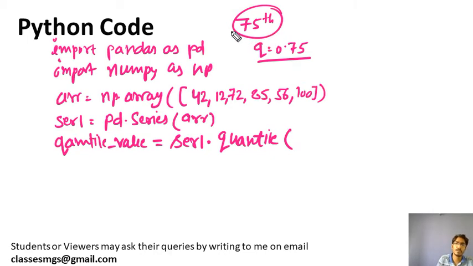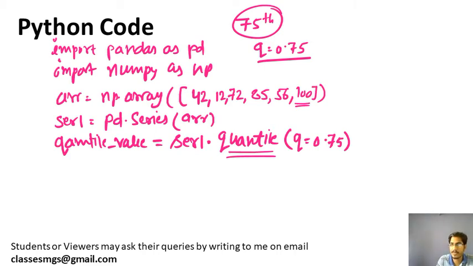We need not follow the steps that I have explained, because there is a ready-made function for that. I just want to explain the concept so that you can get the idea of the quantile. Now this will return the 75th quantile value. This process is already done by this quantile function. Now we need to filter out the values that are greater than the 75th quantile. So using the for loop you can do it.